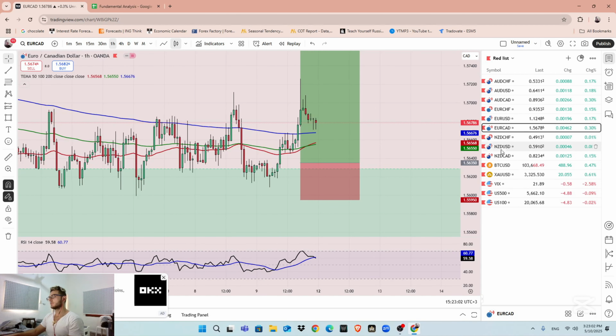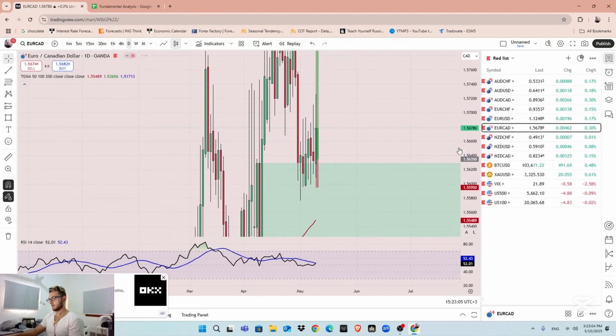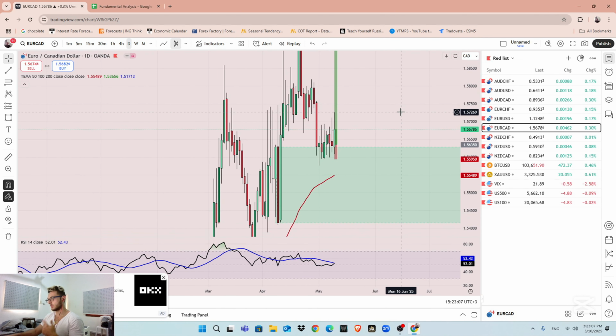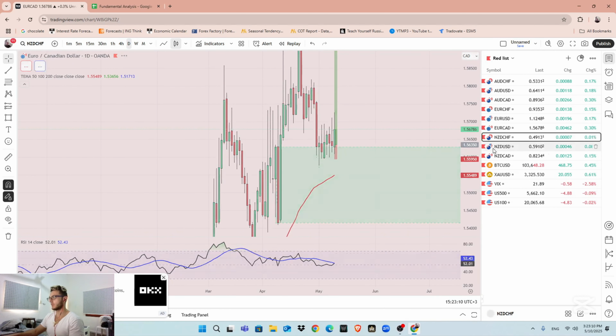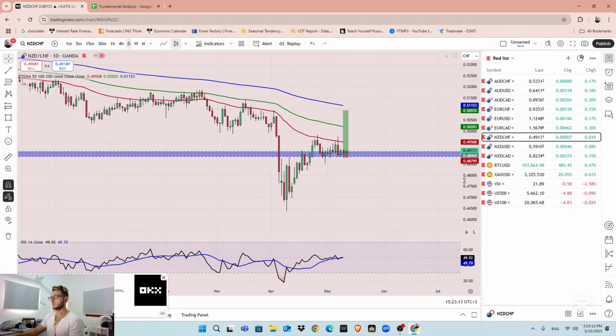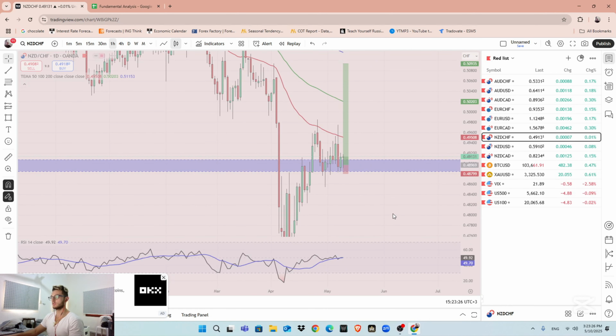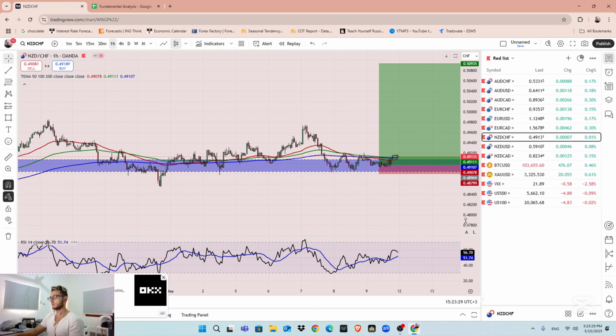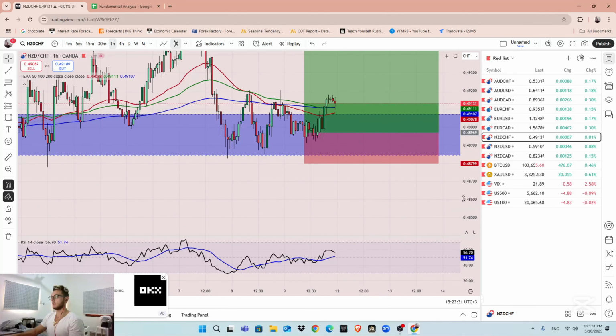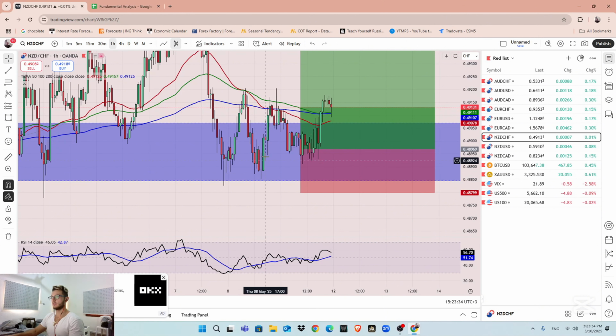Now we will jump into the NZD pairs: New Zealand dollar Swiss franc, NZD USD and NZD CAD. Starting with NZDCHF, we were in a good support zone. We were below or at 50 and at the moving average, so it was a good opportunity for me to enter the market. So what happened is that we had a move to the upside right here, we got a retracement